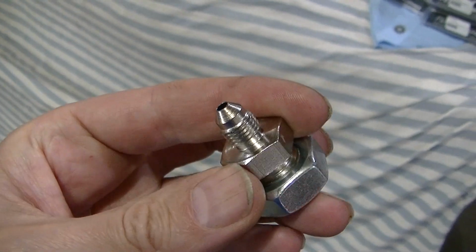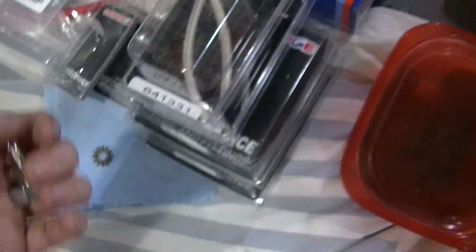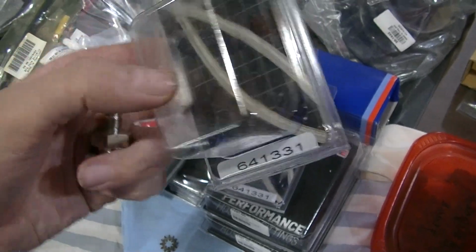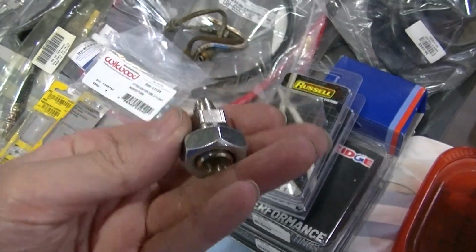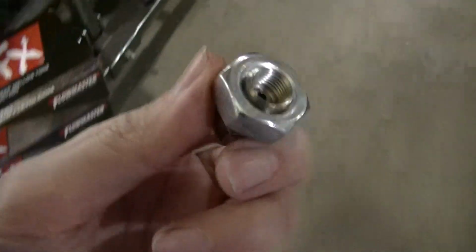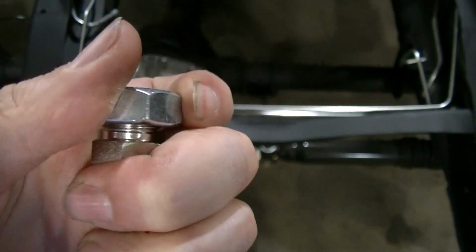Okay, so I finally got the final parts that I needed to finish up the braking system here. I've got a Russell fitting. I guess that's the part number. These were not easy to find. For some reason, they are very low on stock. Anyway, you can see it's got a big nut on it. I can't do it with one hand right here, but you can unscrew this nut